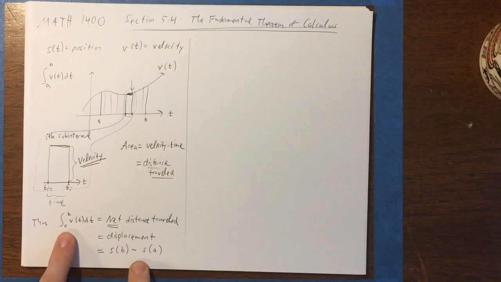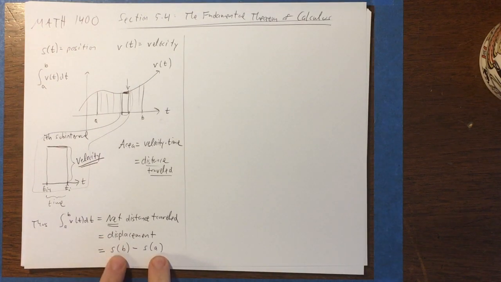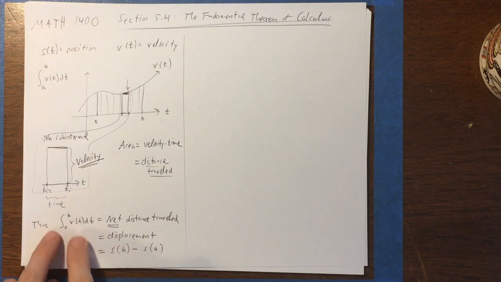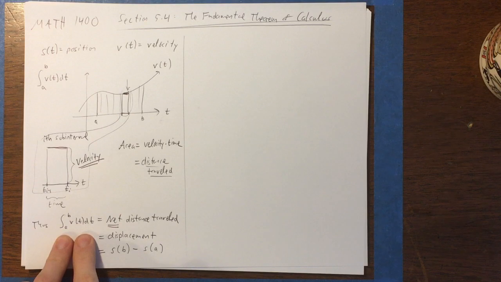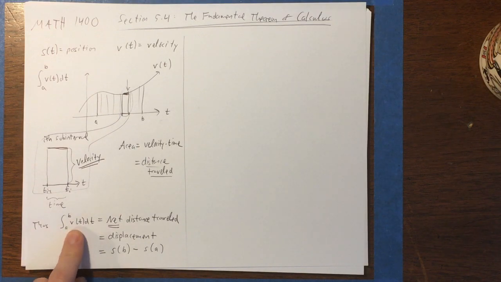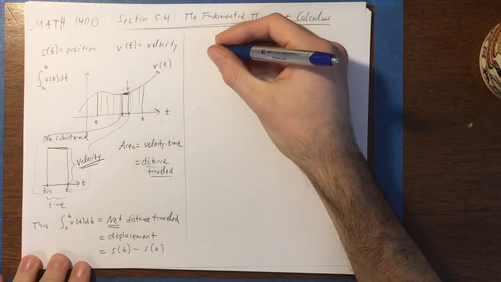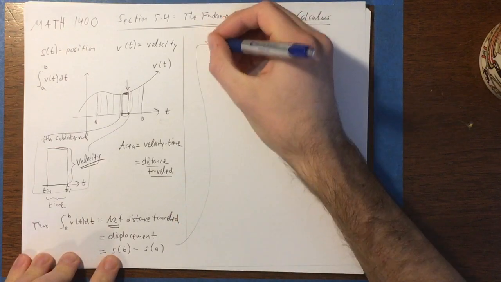And this idea, that this is displacement, and we're taking the difference in positions from the end and the start, is getting us closer to the idea of the fundamental theorem of calculus, because here we have the integral of velocity, and the velocity is the derivative of position, and it turns out to evaluate that integral of velocity, all we have to do is take the final position minus the initial position. Okay, we're getting closer, because now we're seeing some relationship between derivative and original function. So this generalizes